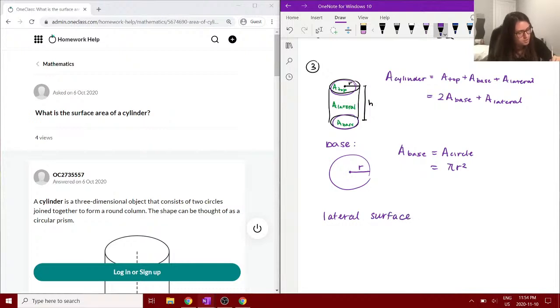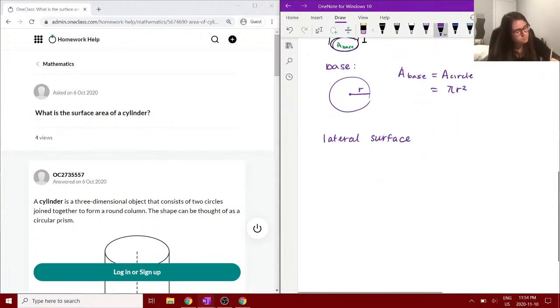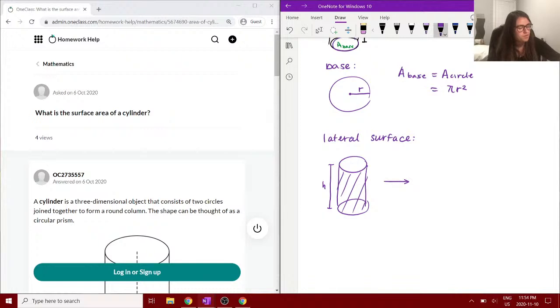So if we imagine this cylinder without the top and bottom. See if I can draw it, okay. Kind of like a hollow tube, right? If there is no top and bottom, we can imagine sort of unrolling this shape. And when we unroll it, we should be able to get a rectangle, right? So, rectangles,